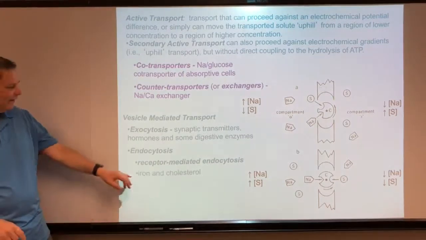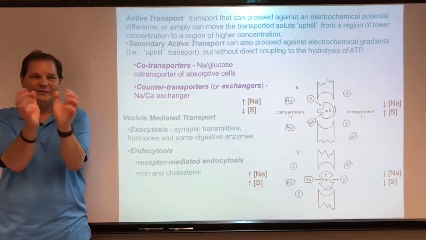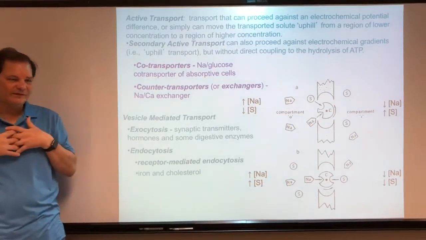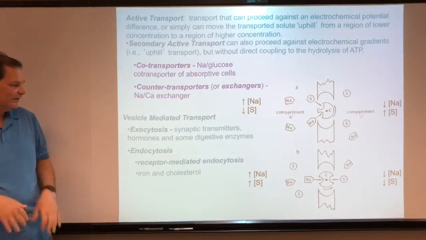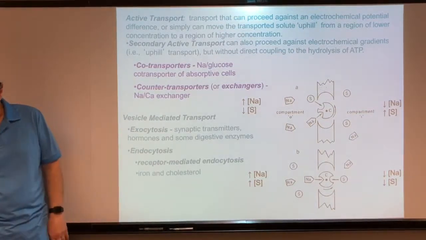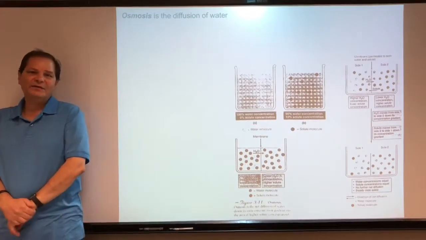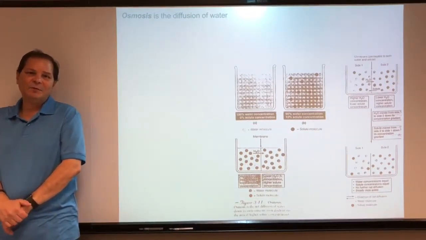Iron is an excellent example of that, where it binds a receptor on the outside of the cell, and then the cell membrane envelops it and forms a vesicle that pinches off and brings it into the cell. Cholesterol is brought in by endocytosis as well. Okay. So let's end that discussion of membrane-mediated transport there,